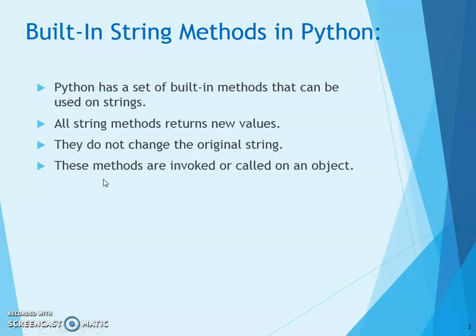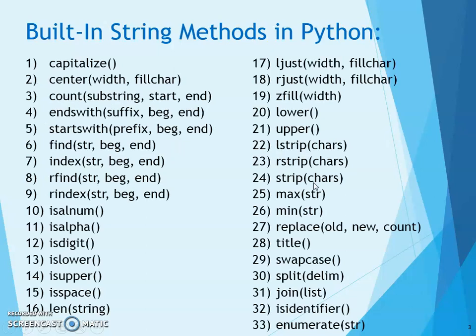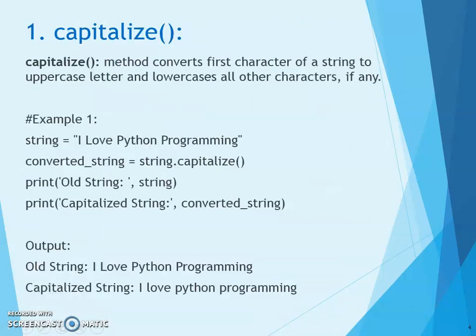Built-in methods are invoked, or called, by an object, that is a string object. These are the most commonly used string methods in Python. So we'll start one by one. First method is capitalize. This method converts the first character of a string to an uppercase letter, and the remaining characters will